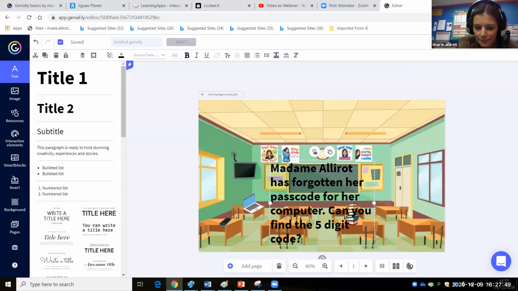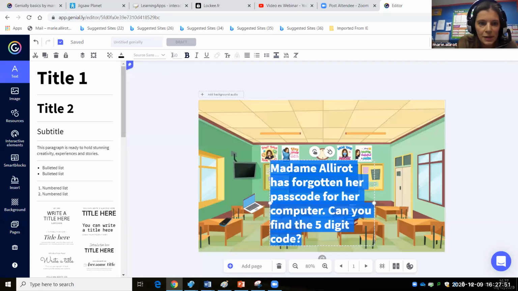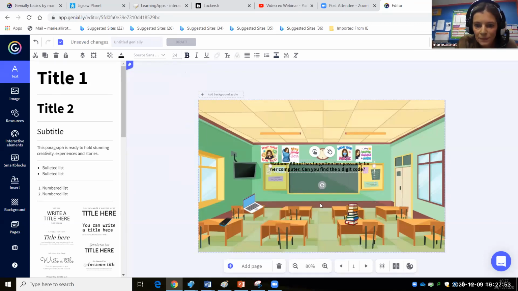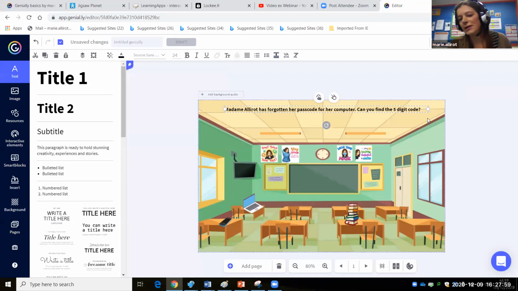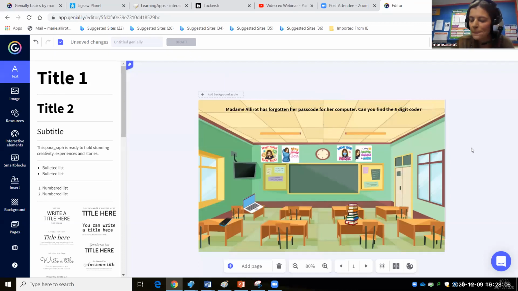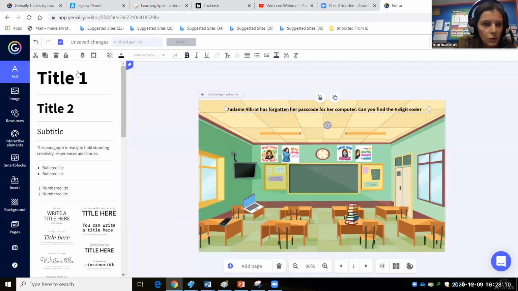So I can make it smaller. I can put it up there. I usually use Tapestry, which is a Scape tool. It's like a typewriter, but I'm not going to show that today, but it's quite useful to have a little story. So that's my story. I'm going to lock it so it doesn't move. I'm also going to show you how to do interactive elements.